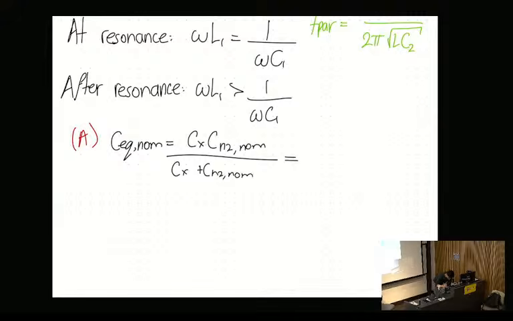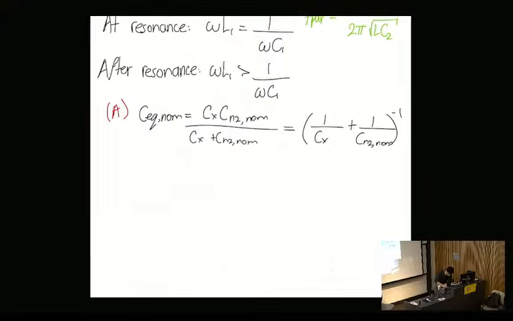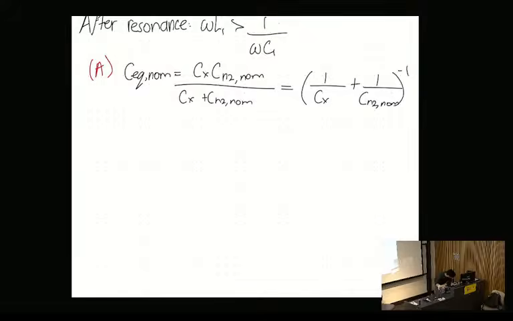Now, one quality of life thing we can do is this just looks like two capacitors in series. So Cx plus 1 on Cn2 nominal inverse. So just a quality of life sort of mathematics thing. And then what we can derive is the nominal frequency is,